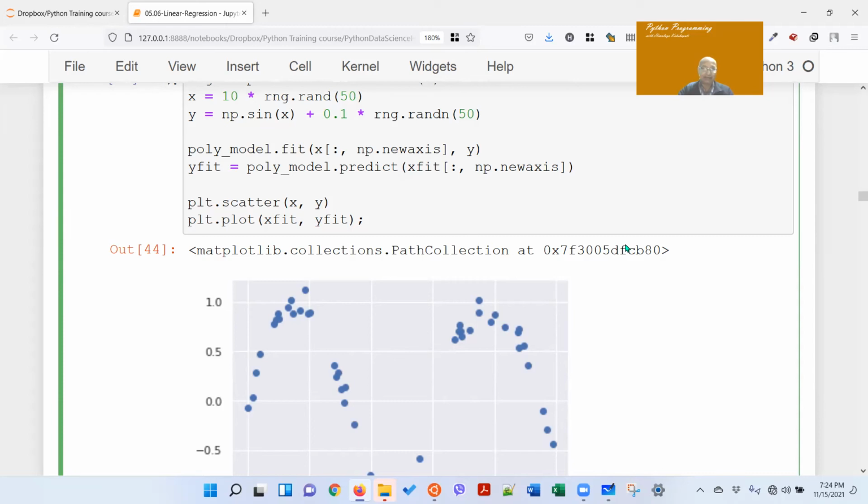So let's see. I mean, is it a good fit? First amazing thing, we're using a linear model, linear regression. See, linear regression, and still it is trying to fit non-linearly. It's a non-linear, but